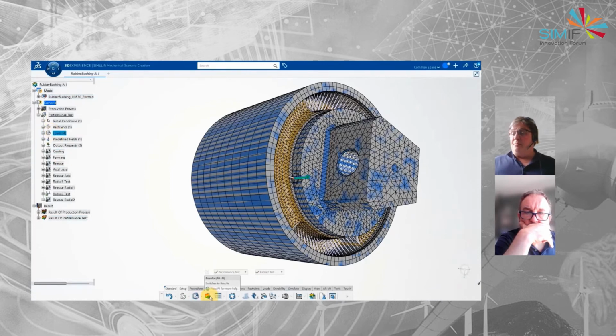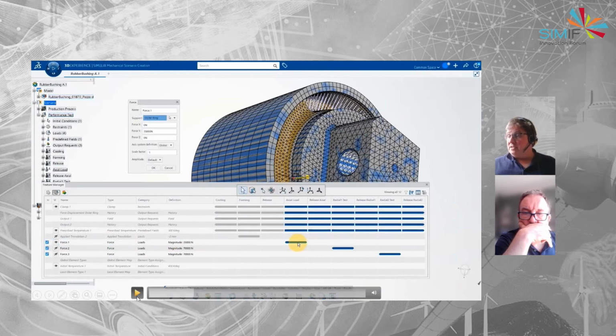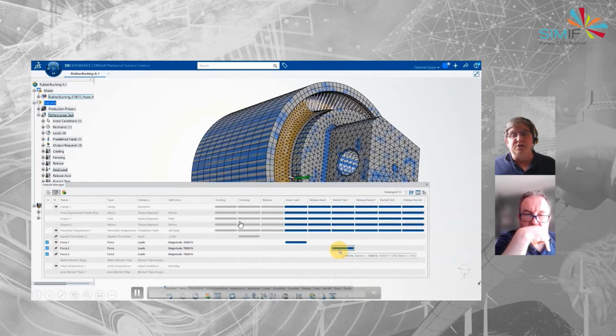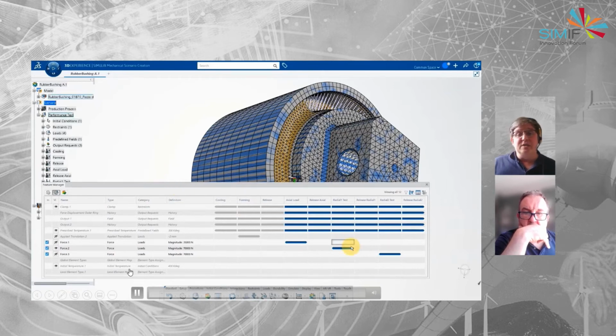Now we're in the performance test scenarios. In the same way as we could see what was going on with the production stage, we can now see that there are 3 different tests being applied to this component. We can click through to them to start applying some of the properties to it.